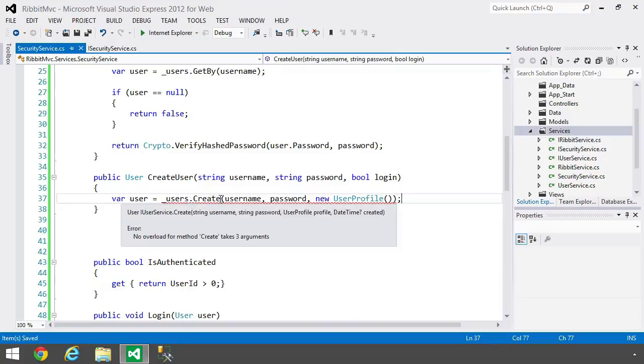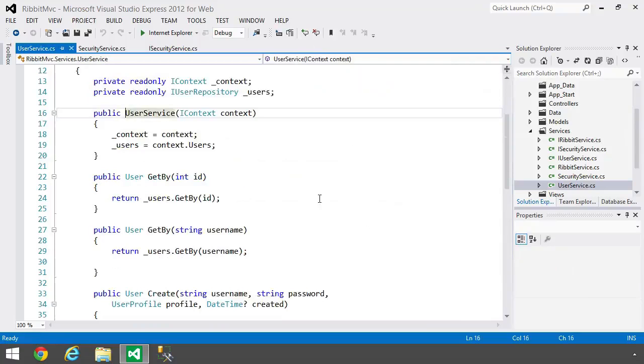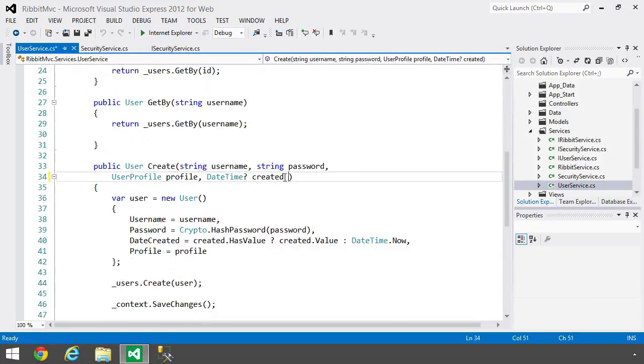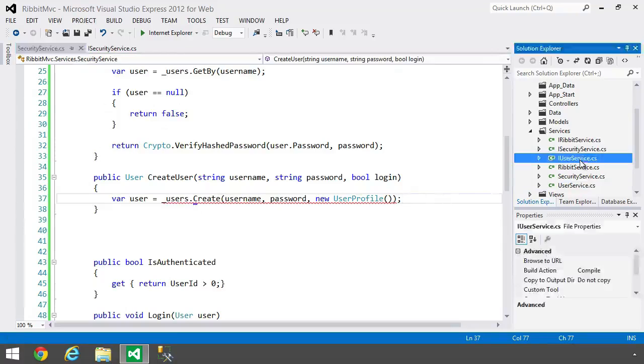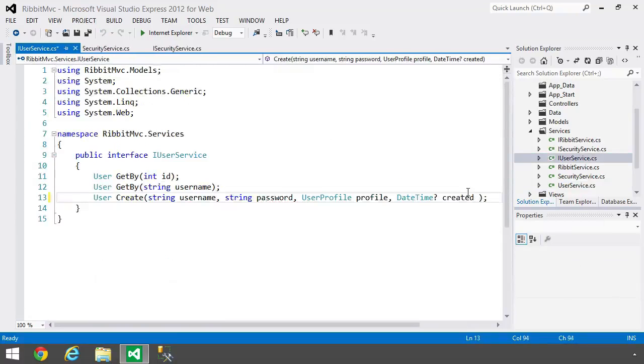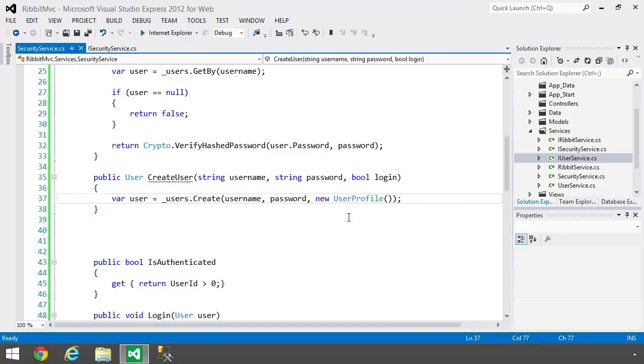Now, overload for method create takes 3 arguments. I could have sworn we set this up so that we don't have to do that. So let's go to the user service. And no, we did not put that as null. So that should fix that. Although it doesn't, because it's not set in the interface. Dadgummit. So we will set the created as null in the interface, and then our code will be able to